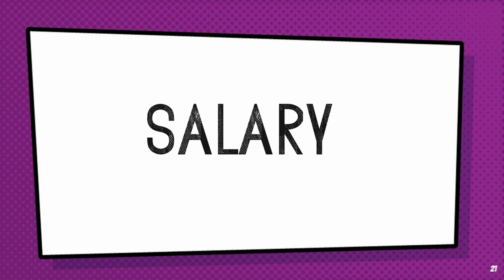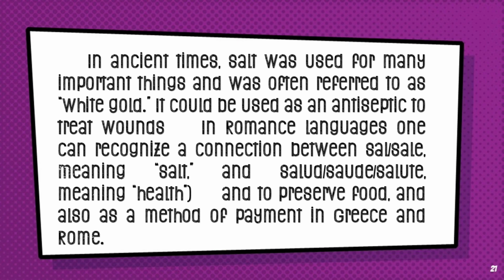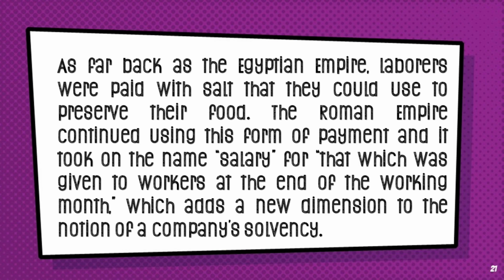One good example for this is the word salary. In ancient time, salt was used for many important things, and was often referred to as white gold. It could be used as an antiseptic to treat wounds, to preserve food, and also as a method of payment in Greece and Rome. As far as the Egyptian Empire, laborers were paid with salt that they could use to